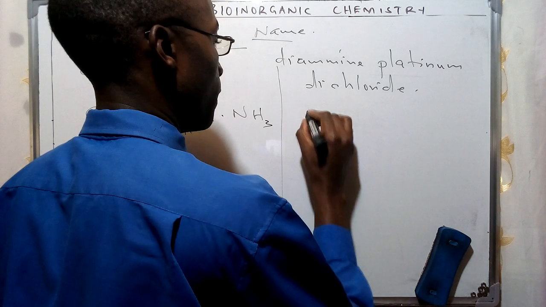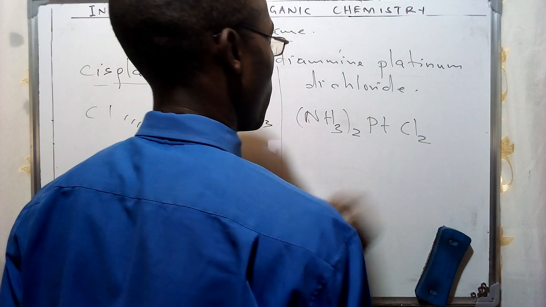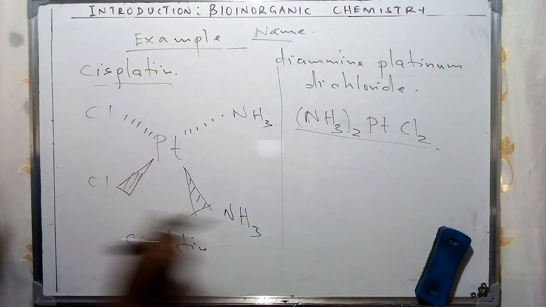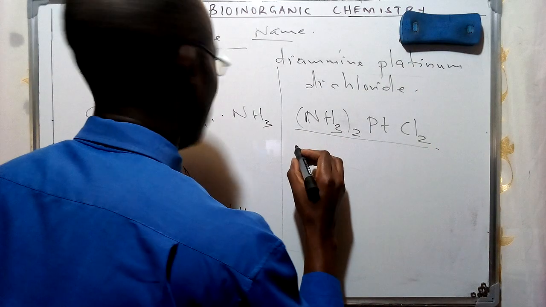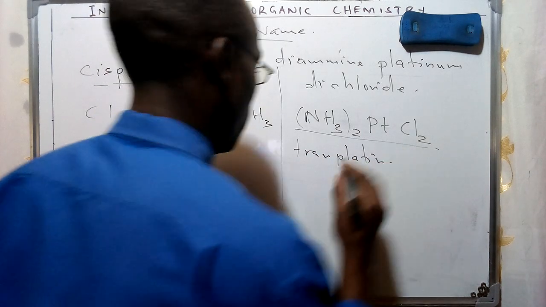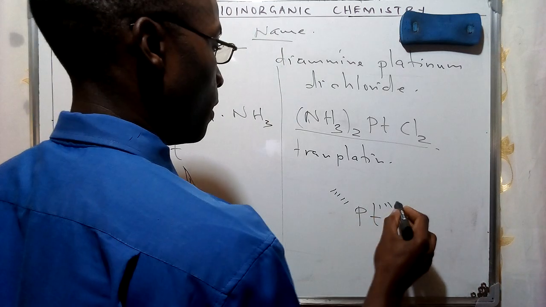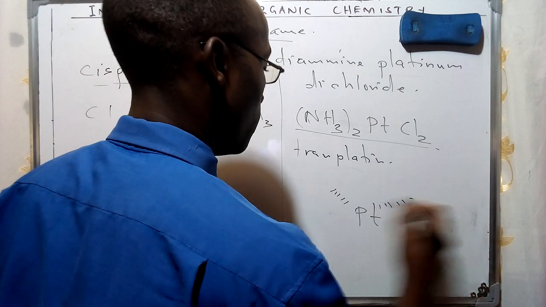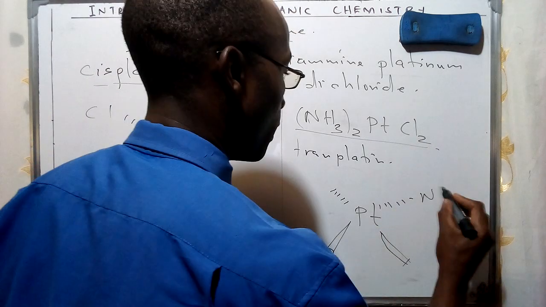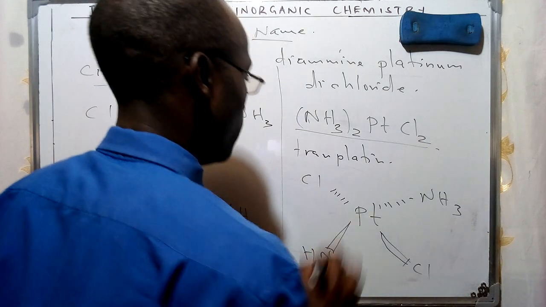So this is a diamine platinum dichloride, which constitutes isomers given as cisplatin, and of course we can give its partner, transplatin, given in terms of this central metal atom, which is going to coordinate between these specific ligands of the amine and the chloride. So we shall have this one as the chloride and this one,